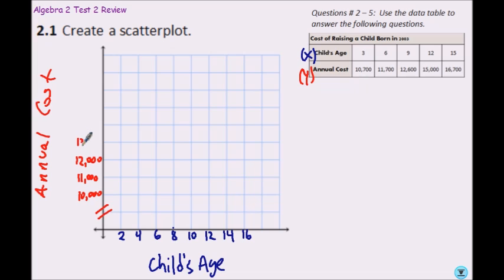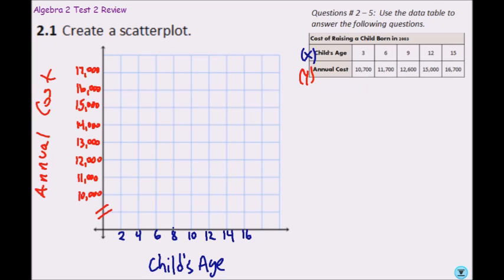So all I did is I just put a little break in the graph because I've got only so many lines, and the distance here from 10 to 16, so that's pretty close. So I can just count by 1,000s, and 16 and 17. All right, and so let's plot these points. So the first point is 3,